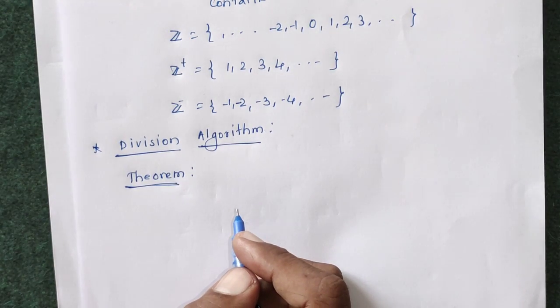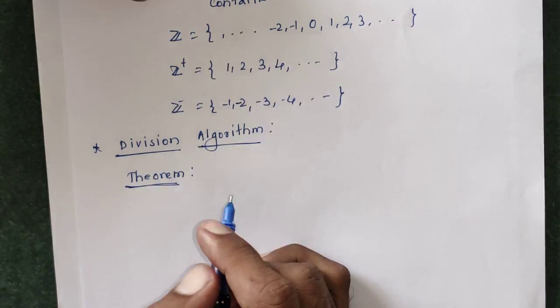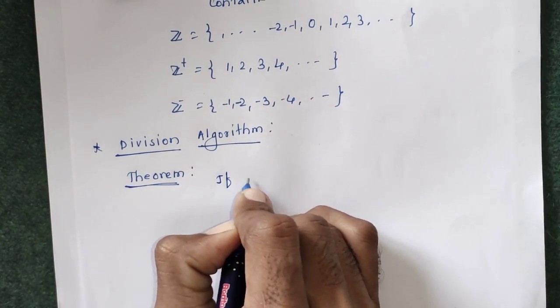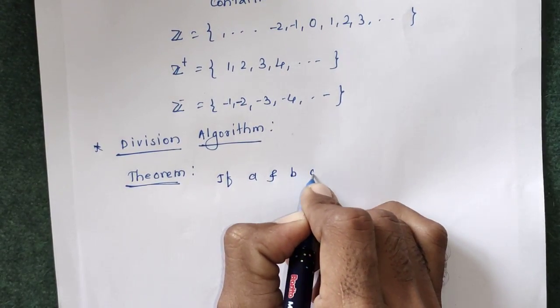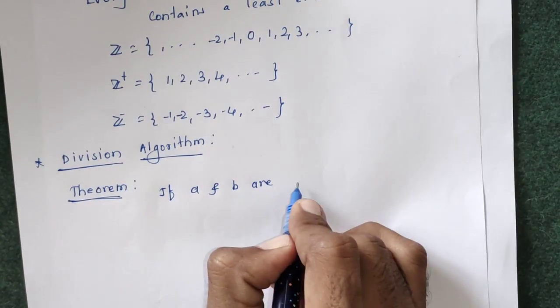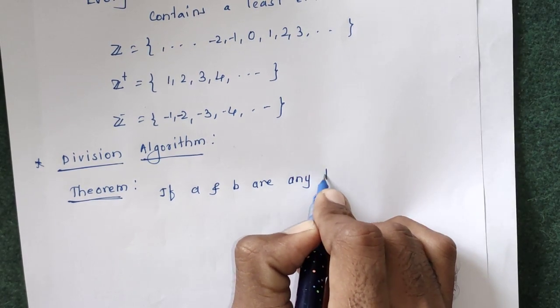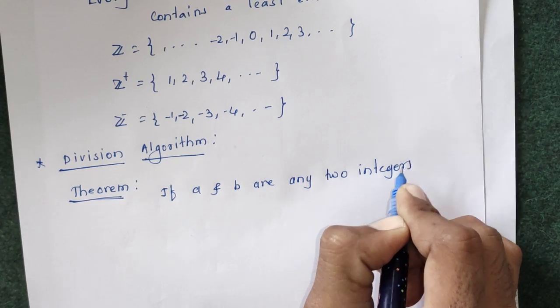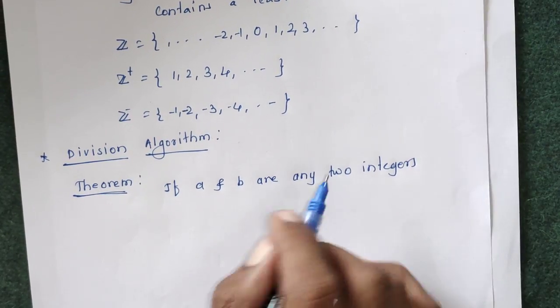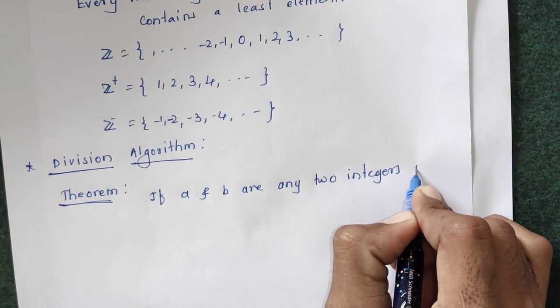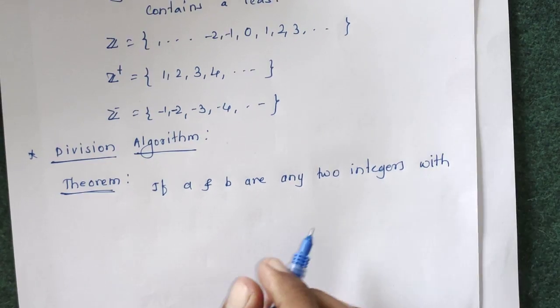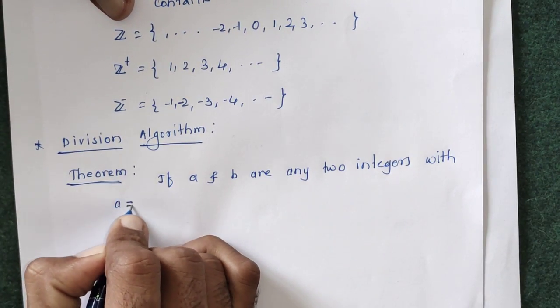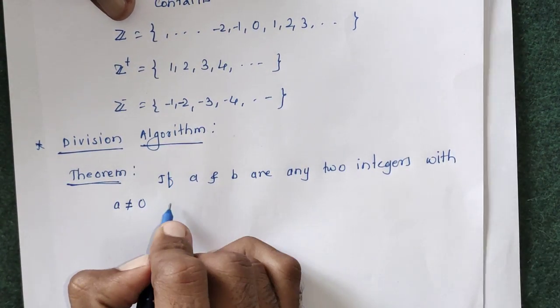If a and b are any two integers with a non-zero, that is a not equal to 0, then